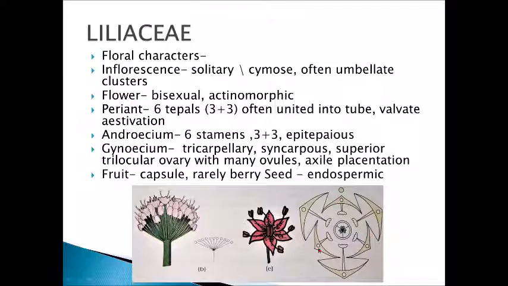Groups are there in this. This is called umbel type of inflorescence. The flowers are bisexual, actinomorphic. Now, in this is a perianth. Perianth is where the petals and sepals are not separate. They look alike and that is why you cannot differentiate between petals and sepals. Such a structure is called perianth. Here 6 are there. They are called tepals and they are arranged in 2 whorls, in inner whorl 3 and in outer whorl 3.